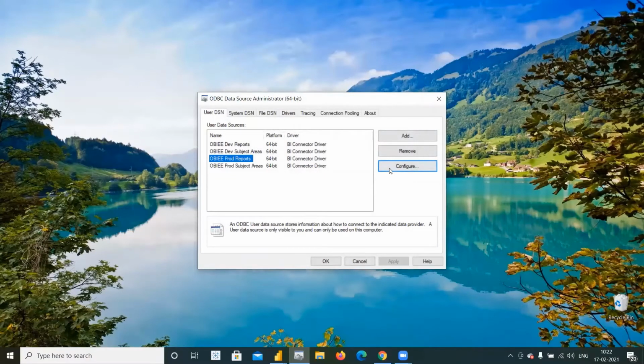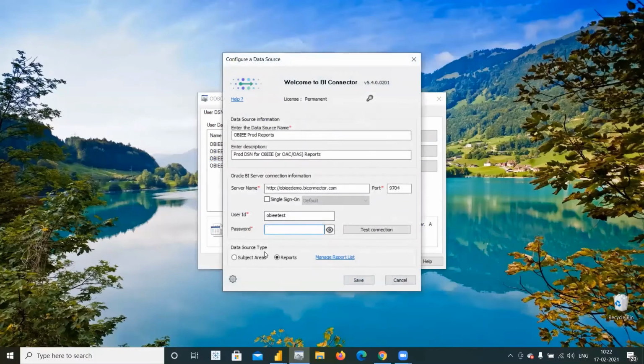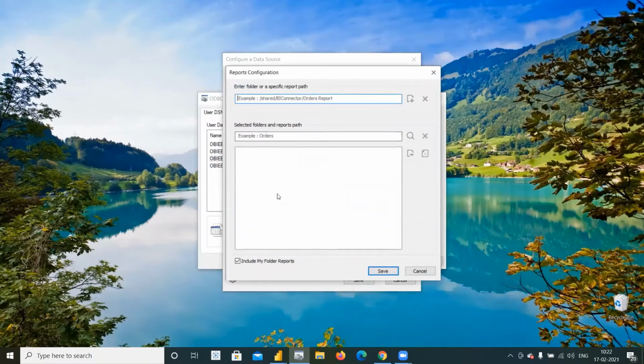Now I did it for subject areas. The only variation in the case of the reports DSN setup is that I'm going to choose the data source type as reports. Okay, I'm going to manage the report list. And here I can simply include my folder reports.